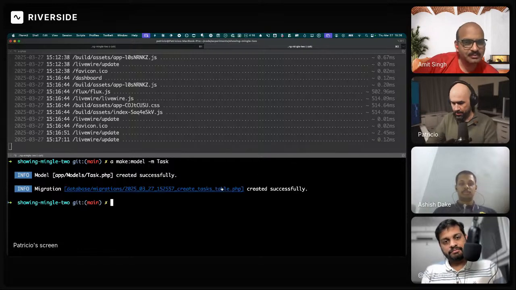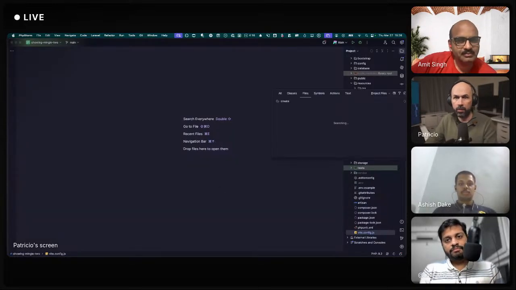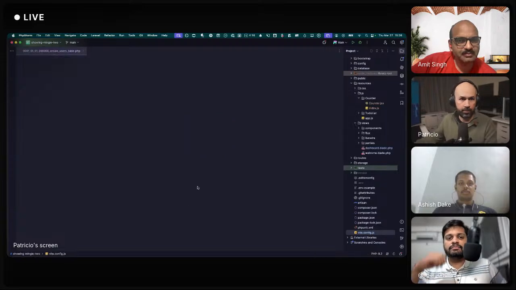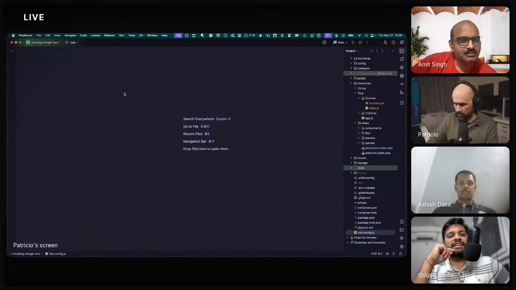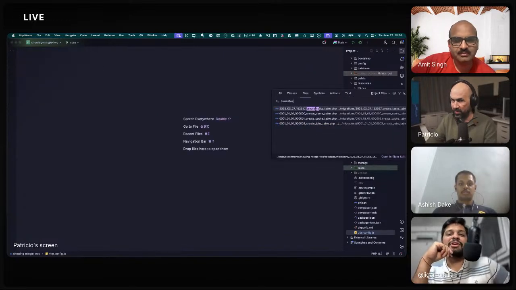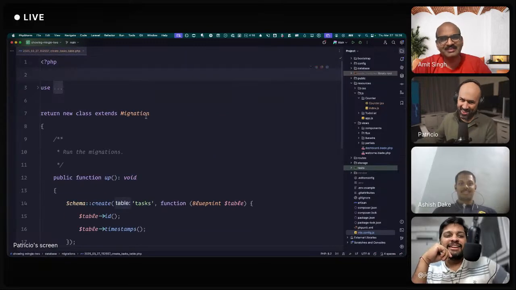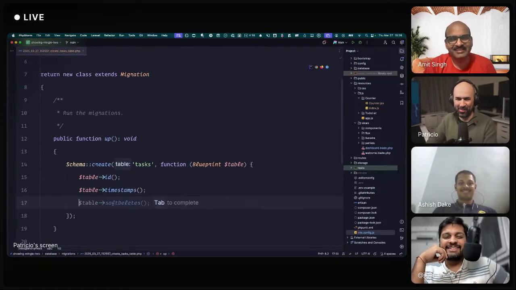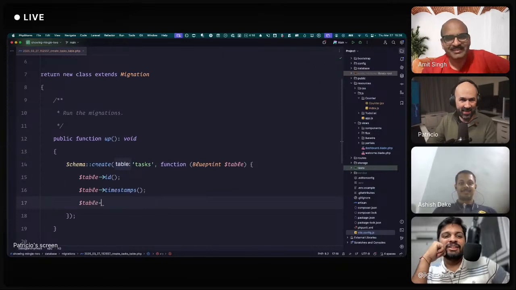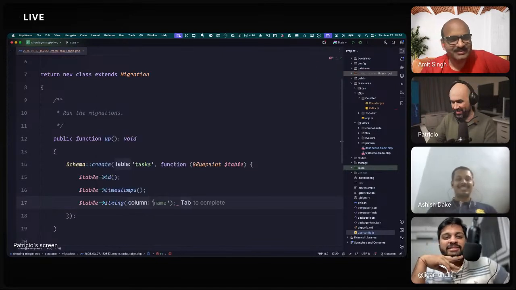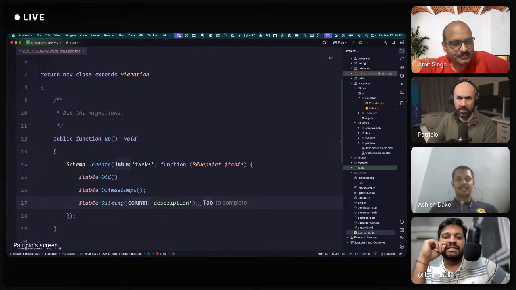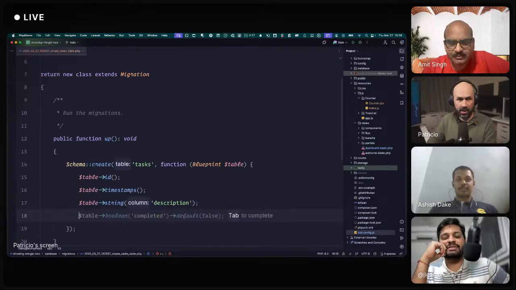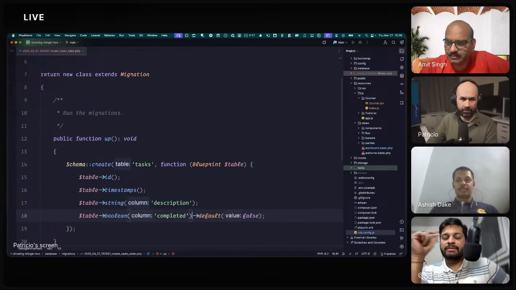Create tasks table. Whoops, not this one. It's really difficult to do on a live stream without a plan. Yes, everything takes longer than we predict. It's okay, we'll try to help. We only need a task name or description, task name is fine. And is completed.